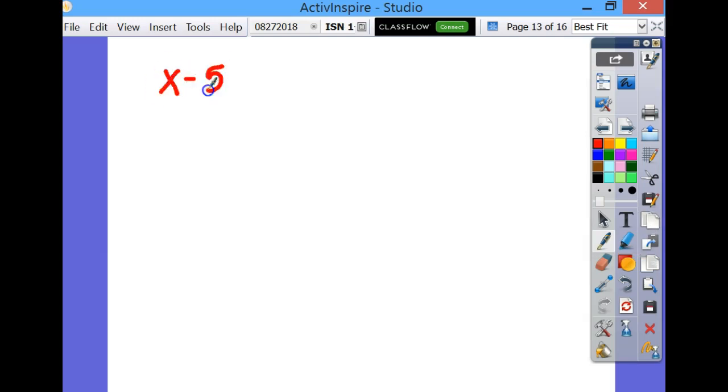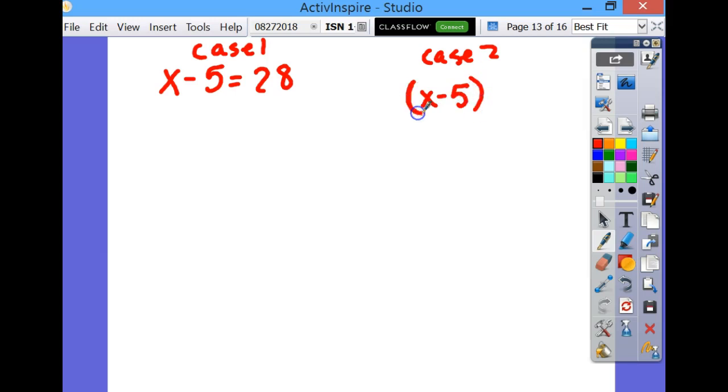X minus 5 equals 28 is case 1. The exact same problem without the absolute value. Case 2, where you had the absolute value bars, you put parentheses and you put a negative sign out in front. Solve both of these equations. The opposite of minus 5 is,